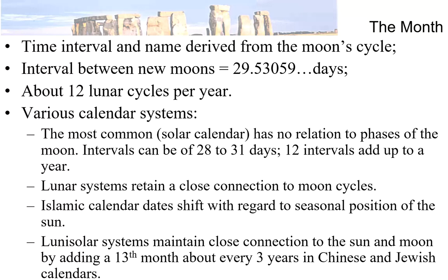And I wrote, it's about 12 lunar cycles in a year. About, because of course it's not equal to, it's closer to 13. Actually, I say closer to 13. It's about 1/3. It's closer to 12. So the most common